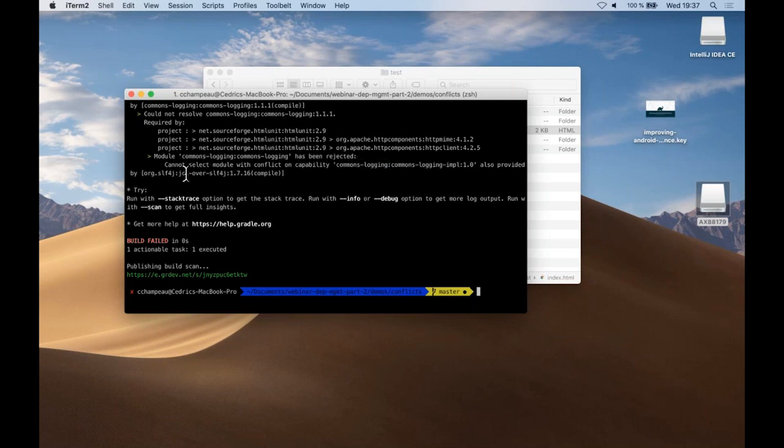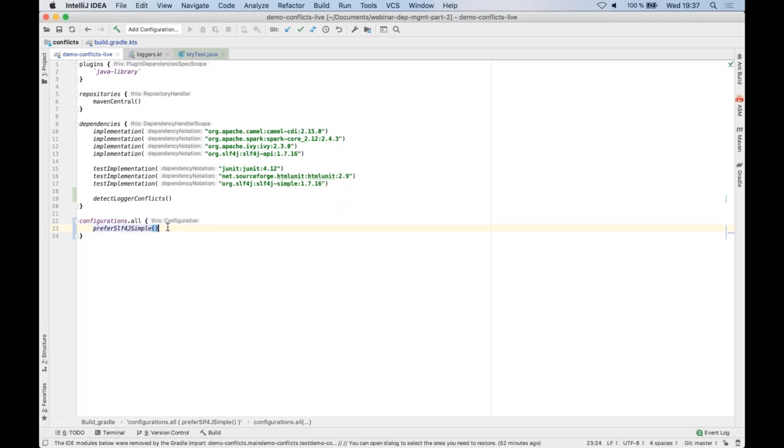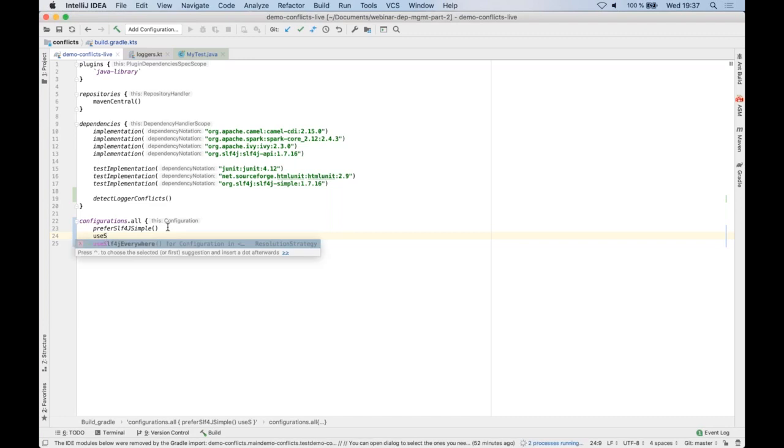SLF4J provides its own implementations of commons logging, and this is the one I want to use. I don't want to use the real commons logging implementation. I want to use the one provided by SLF4J, and I detected that too with my capabilities rules. So I need something else. I need to explain how to prefer this one too. So let's add again a method there, and I'm going to say, actually, I use SLF4J everywhere. And this is going to be interesting, because now, if I come back and run my tests,